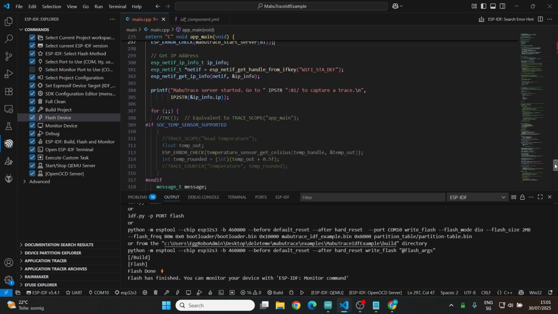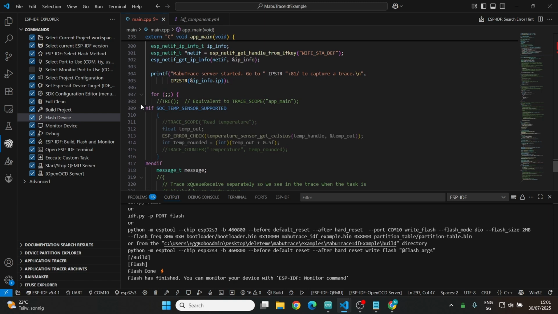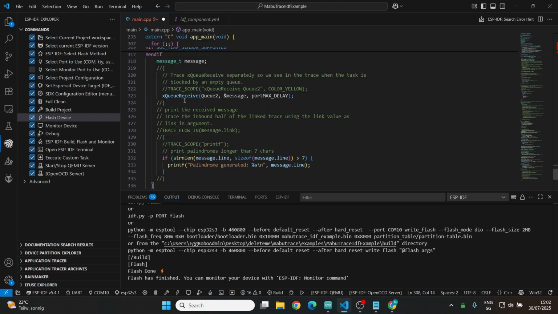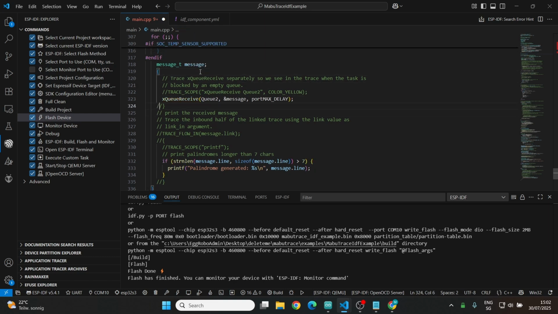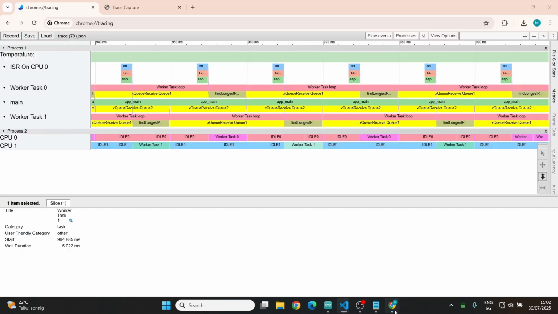And then you need to instrument your code by inserting these trace macros. For example, here I want to trace the main application loop, adding a trace here. I want to see how long this xQueueReceive takes, so I add a trace scope here. And I do that for the entire code that I want to later see in the visual overview. And when I run that, it will give me